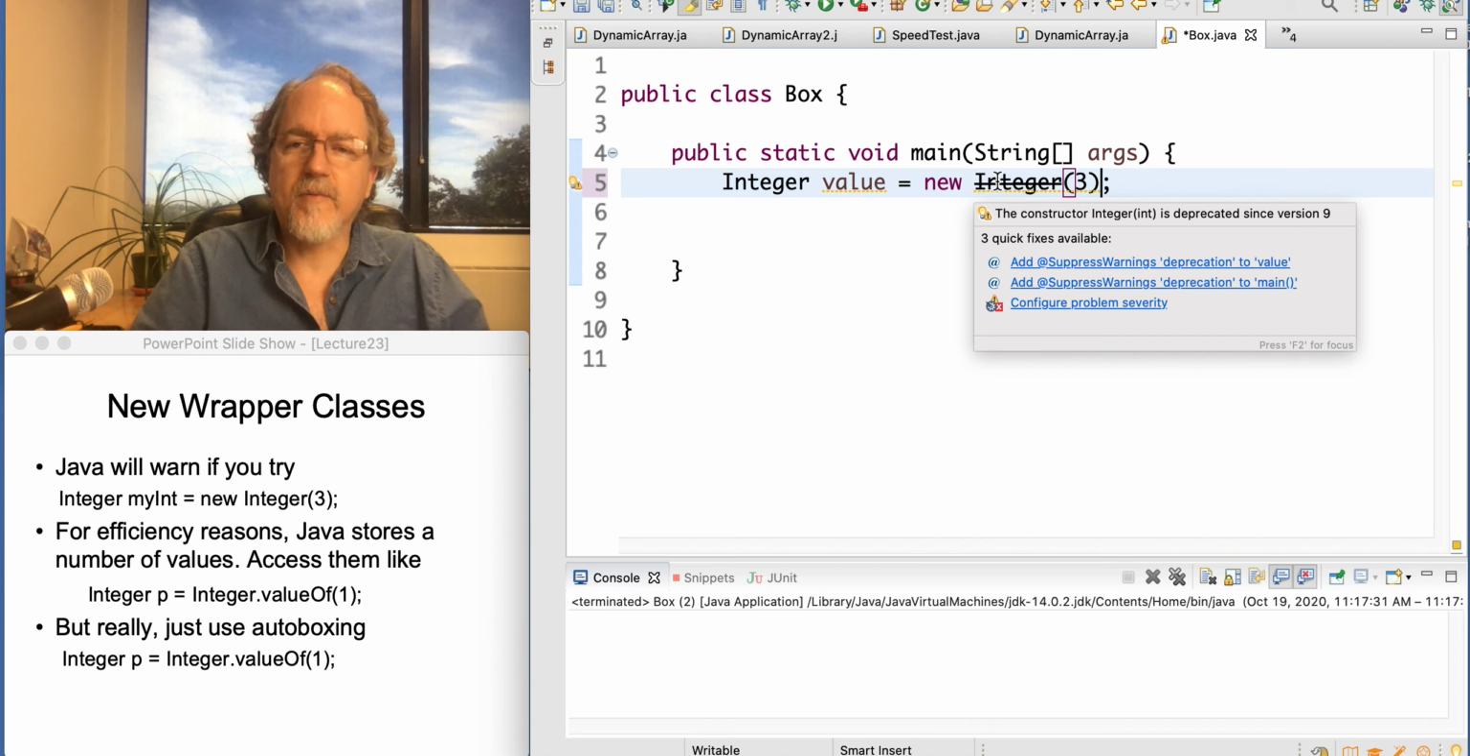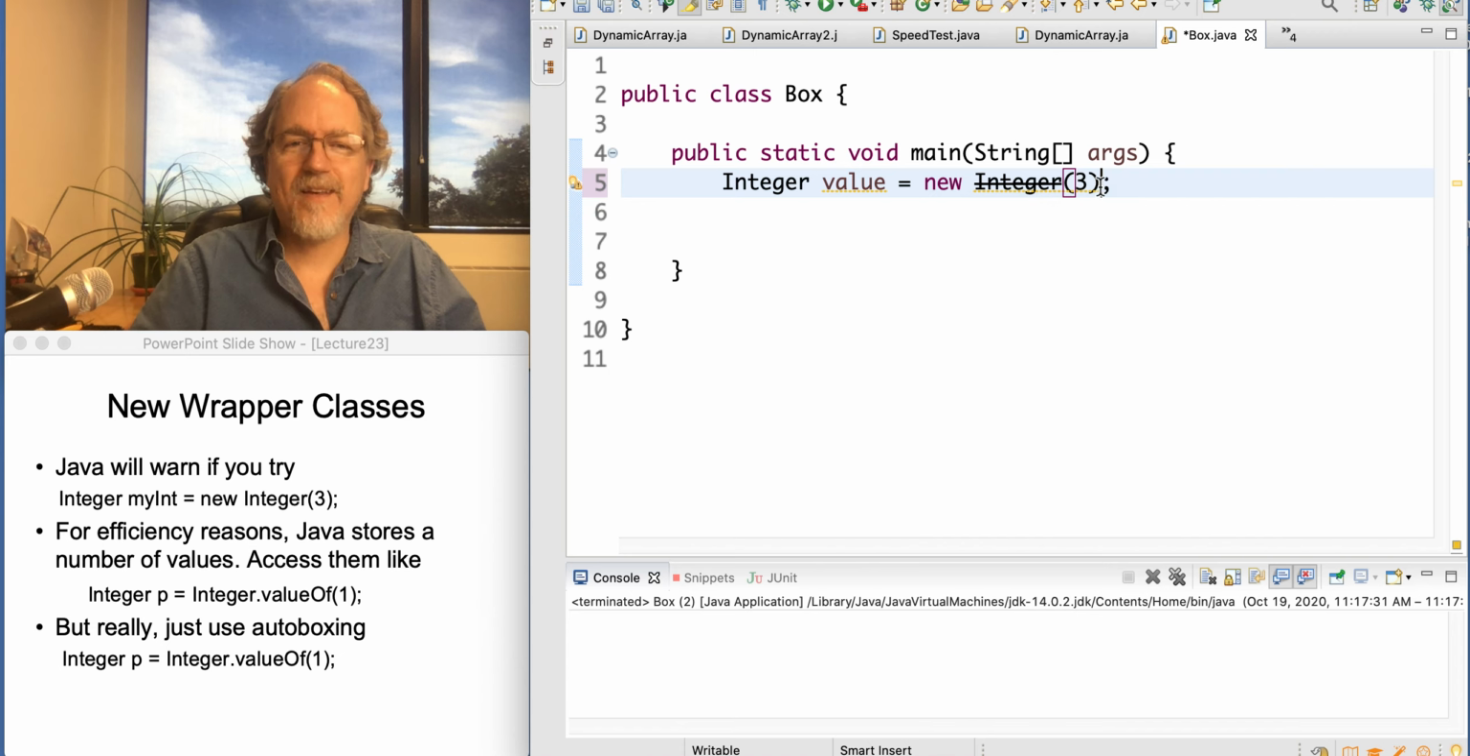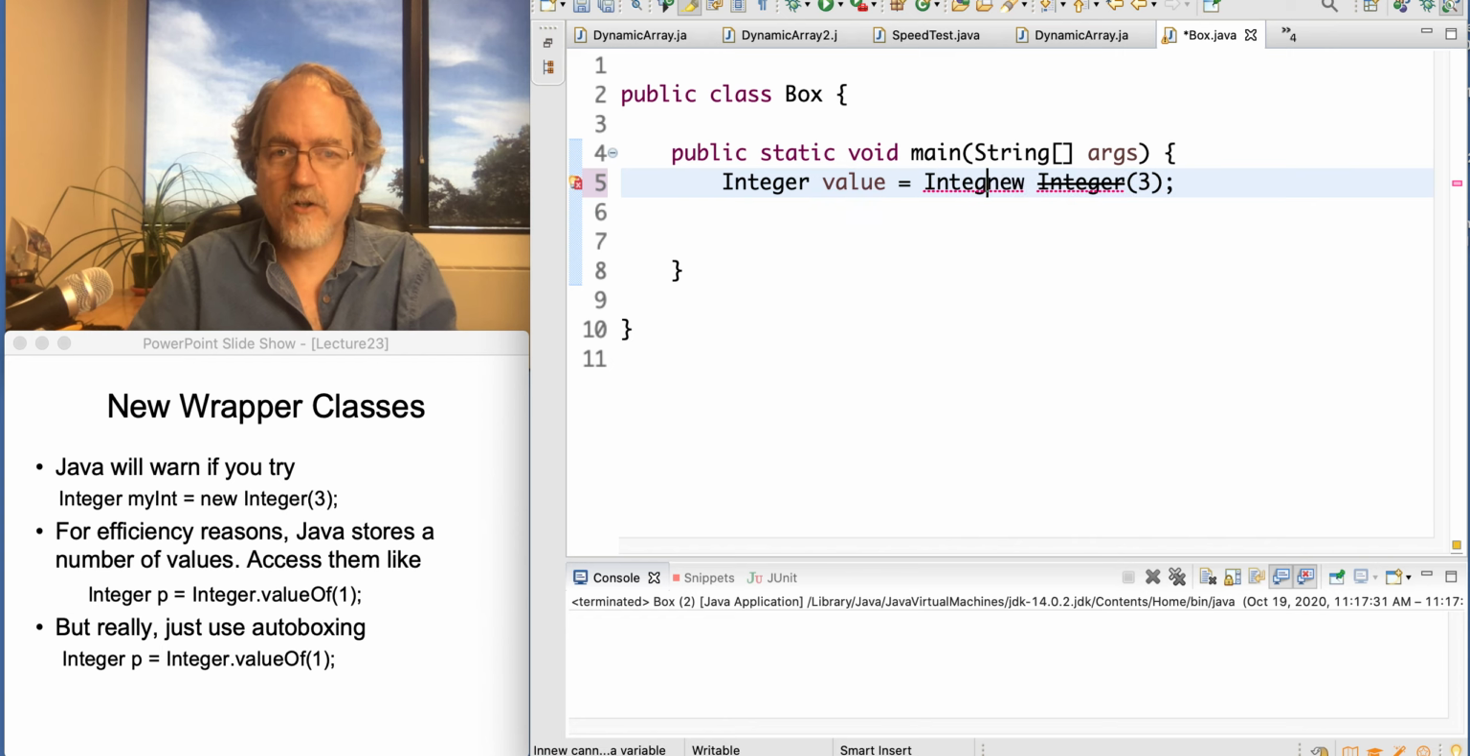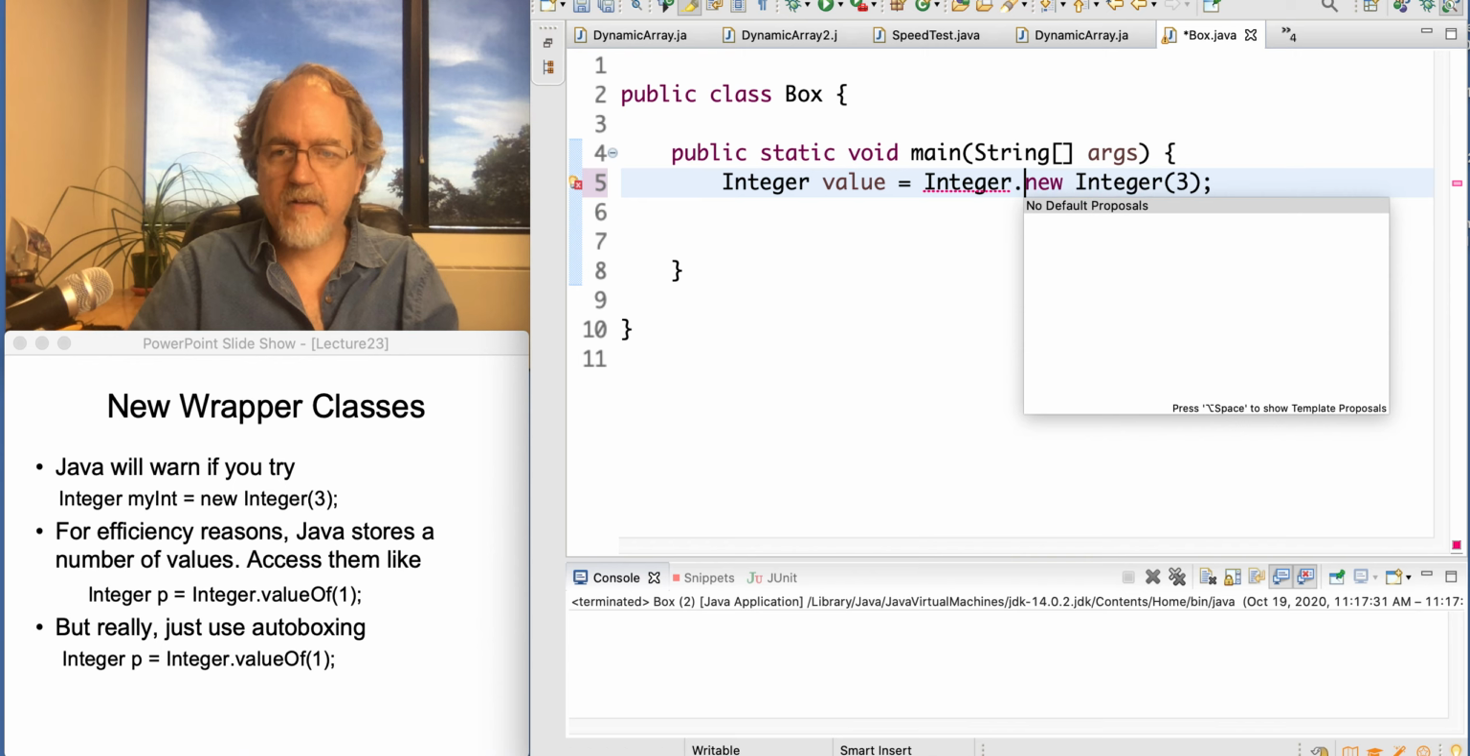You can still do it, but they don't really want you to do it. Now, the quick fixes here are not really right. They just say add in this annotation saying suppress warnings. In other words, don't let Java complain that this shouldn't be done, which is not really what you want to do here. So the proper way to do it is they have the integer class, and inside the integer class